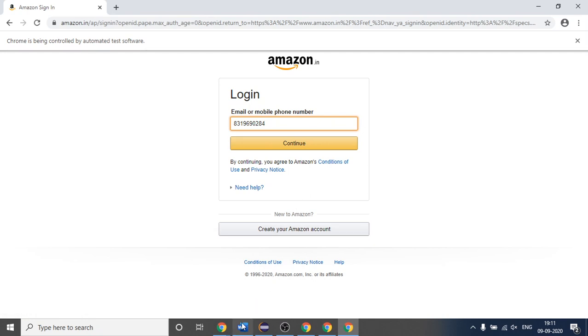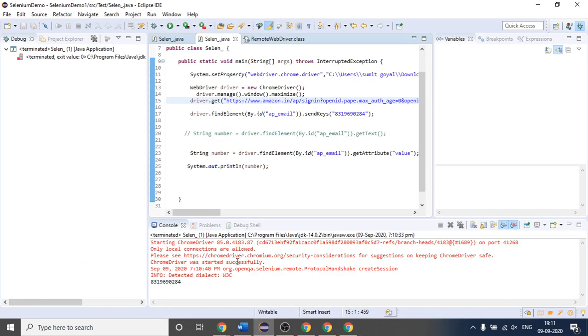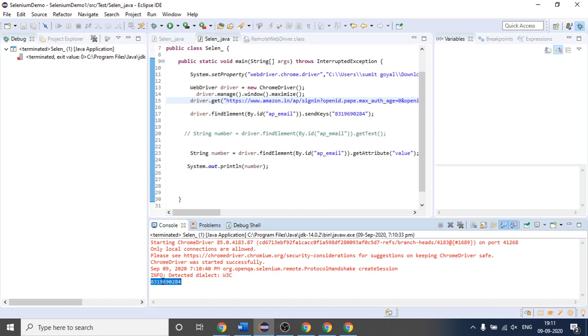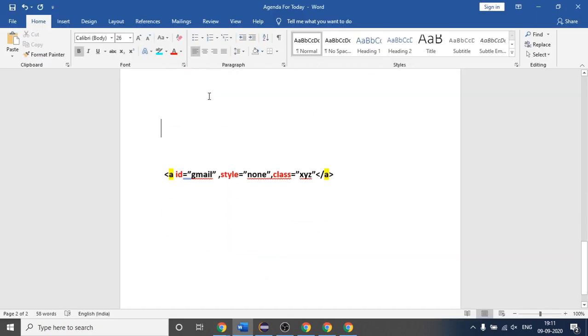Okay, so where was I? So you can see that you are able to print this number in your Eclipse console with the help of this get text. Okay, sorry, not get text, get attribute. So let me write it here.